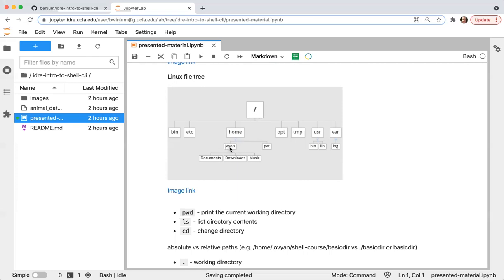So this, say, is a JSON directory. The parent directory to JSON is the one that gets it closer to home, or I'm sorry, closer to root. You can think of this as like a little tree trunk. So here's our root directory. The parent directory to JSON is home, and the parent directory to home is root, which is just represented by the slash.